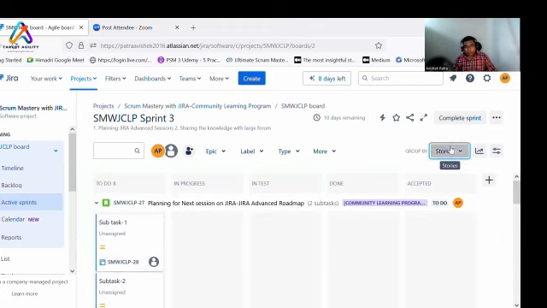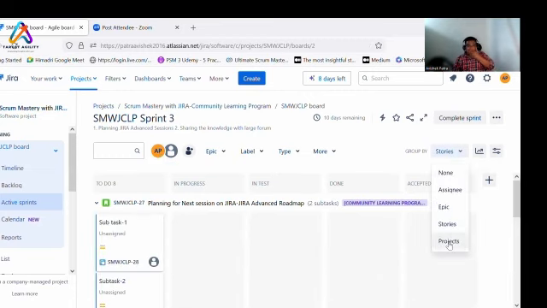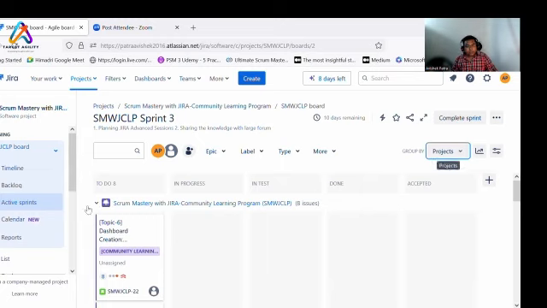Now, if you group by stories and you select Abhishek here, the board will only show the stories which are Abhishek's, no other person. So you can bring momentum if you are looking at the stories that Abhishek is doing in your daily scrum, and you can make it fast, right? Also, if you have multiple projects within a board, stories will come like this. So whichever way is comfortable, you can run your daily scrum.